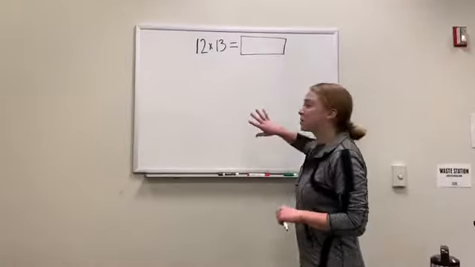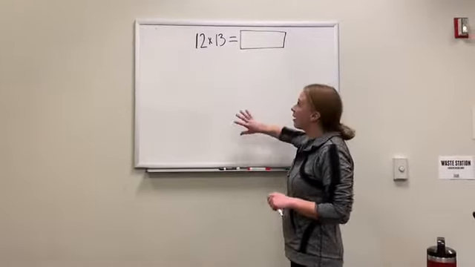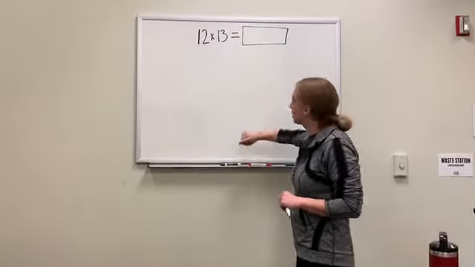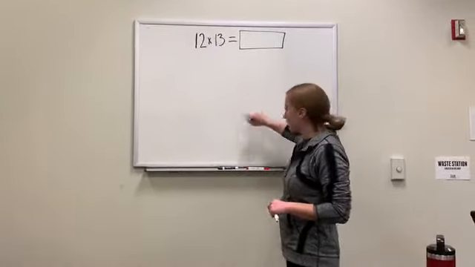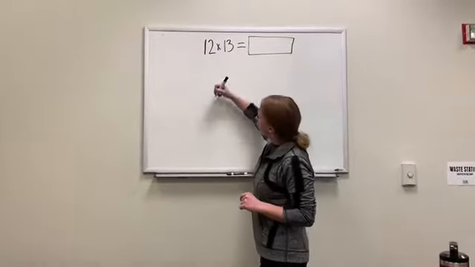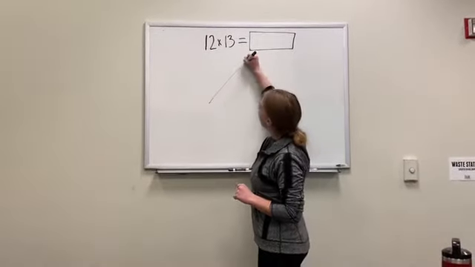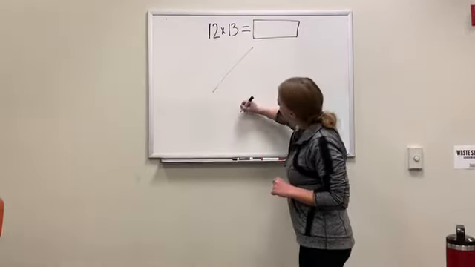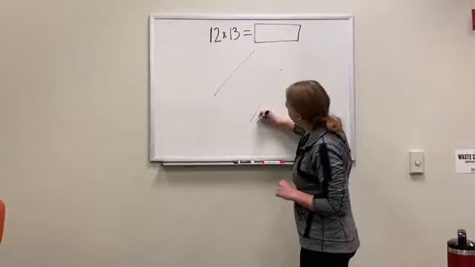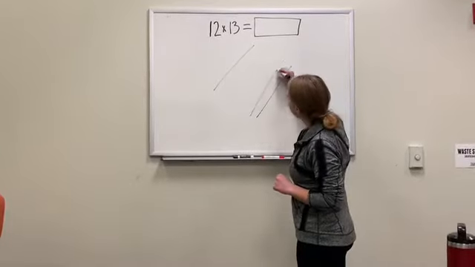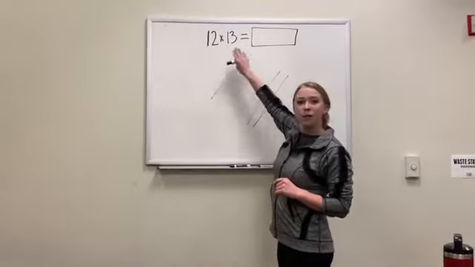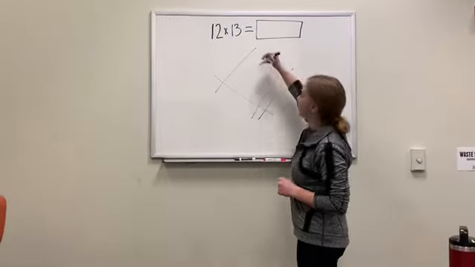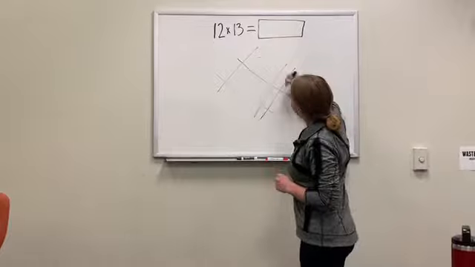All right, now we're gonna do some practice problems. The first one I'll have you do with me, and then the second one you can pause it and then check your answer afterwards. But this first one is 12 times 13. We're gonna do as before, where we have our 1 for the tens place and the 12, and then the 2 over here for the ones places. And then we're gonna do our 13 going the other direction, where we have 1 for the tens place, and then 3